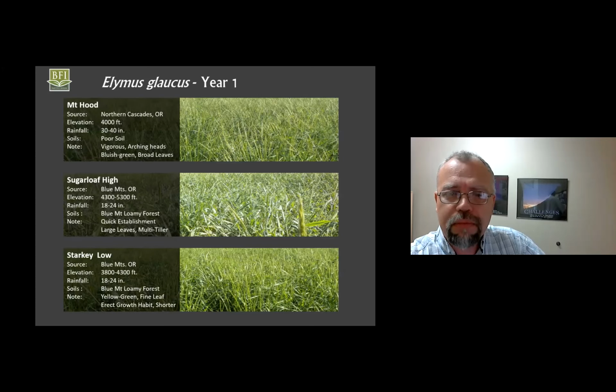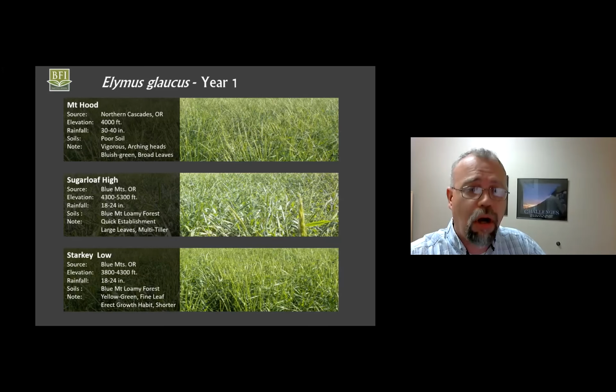Blue Wild Dry, same setup again, all 1 year grow out, planted, grown. And in that first year of expression, what you're seeing, 3 very different looks, essentially from things that are, again, very close. 2 of these are right out of the Blue Mountains. But in the Blue Mountains, you still get a whole lot of adaptation to local, whatever local is. Is it soil? Is it water? Is it nutrient? Is it seasonality? I mean, all the different things that cause this to happen, you see an adaptation taking place.